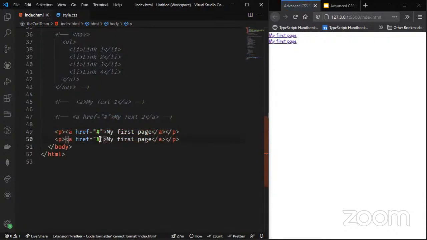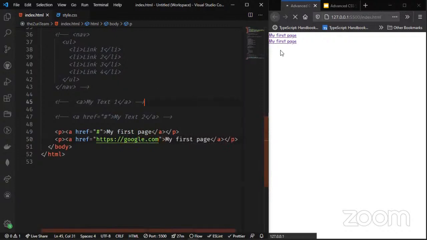I might call this HTTPS. Let me just direct this one to Google. Fine. So I'll be taking us to Google. Okay, that's fine. So now for me to style this,